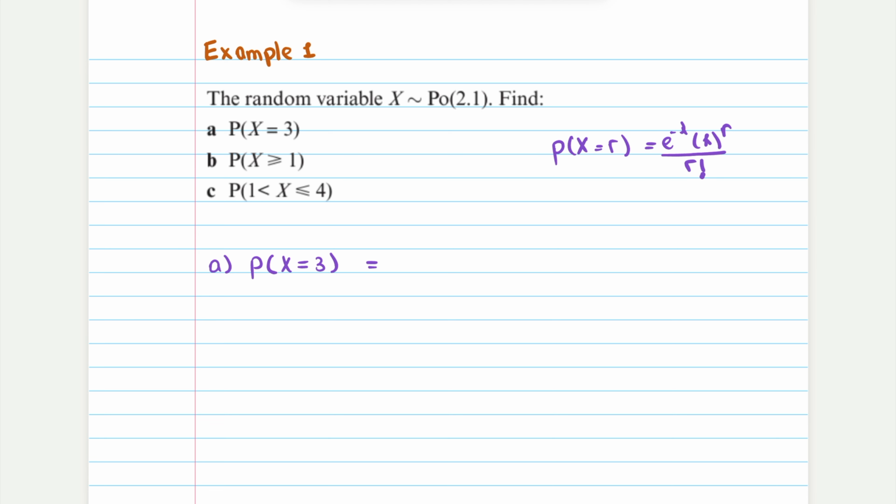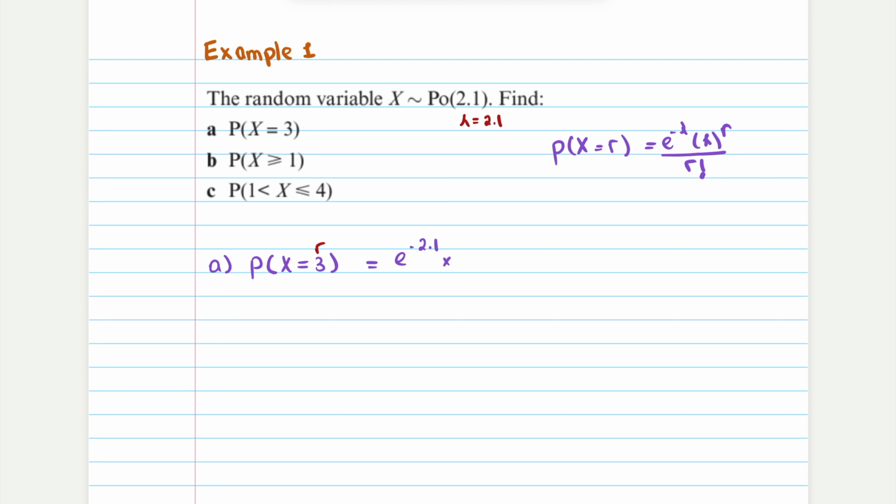So if I apply that formula here, I know that lambda is 2.1 from the given statement, and I know that r is 3. So I can say e to the power of negative 2.1